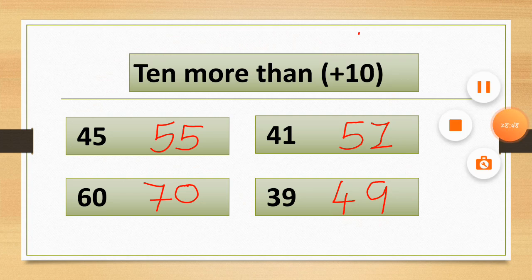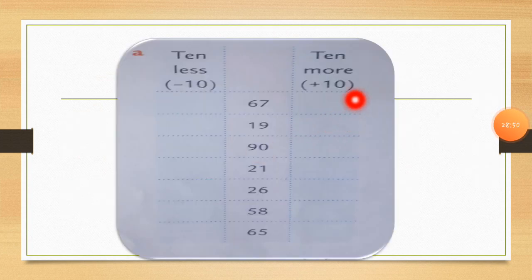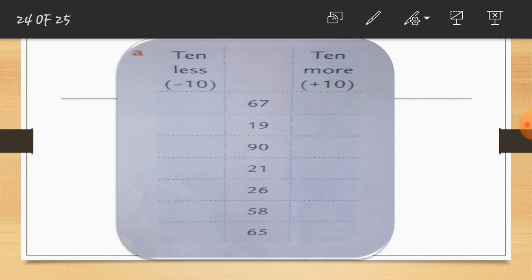easy this thing is. See students, this is your textbook exercise. You can see here, in this we are using both the numbers. First we are subtracting the number, and then we have to add 10 to it. So let's start solving this. As I told you, the changes will only happen in the tens value.